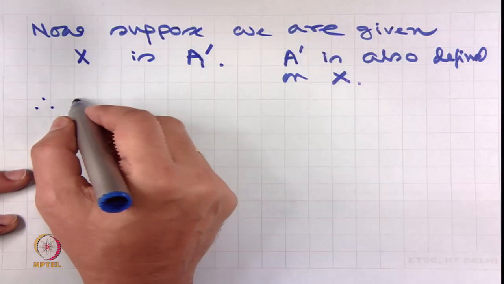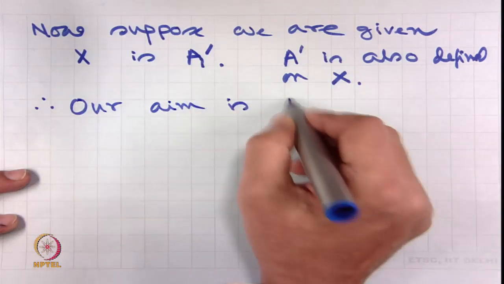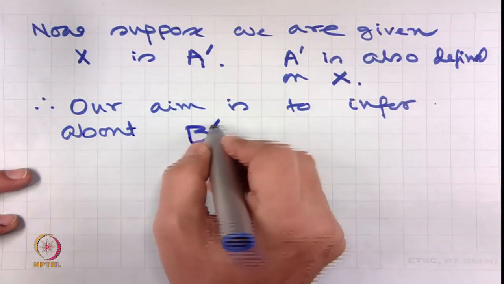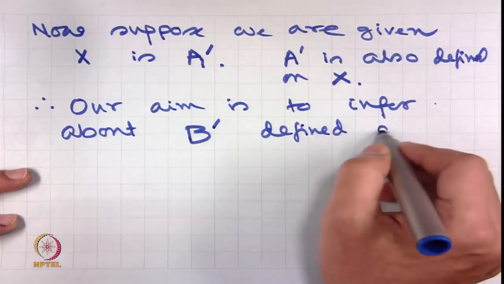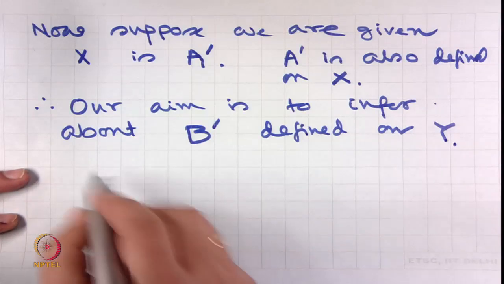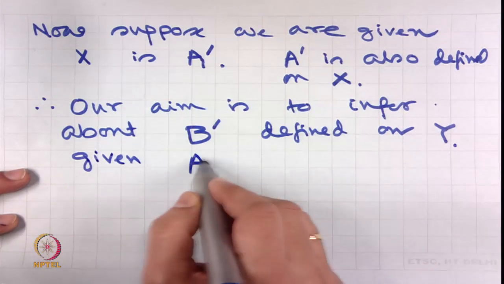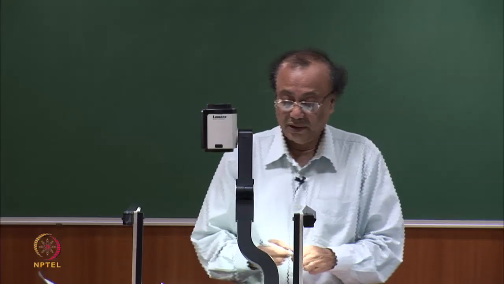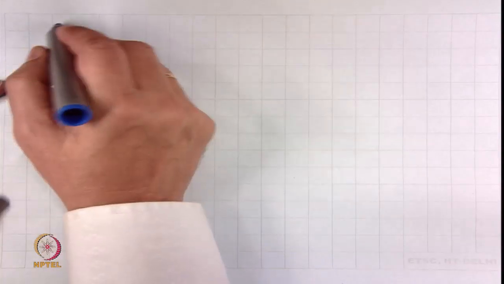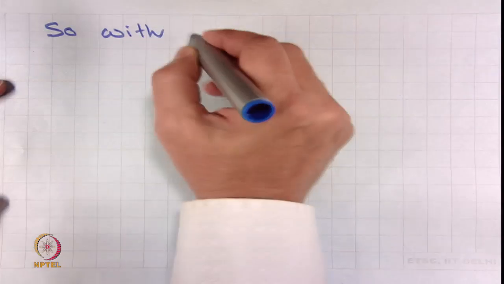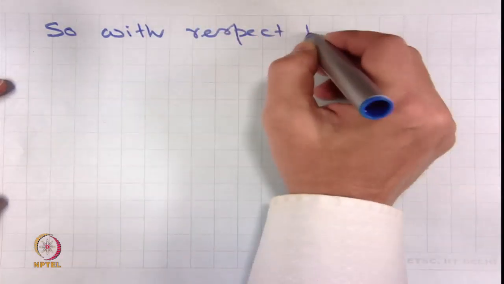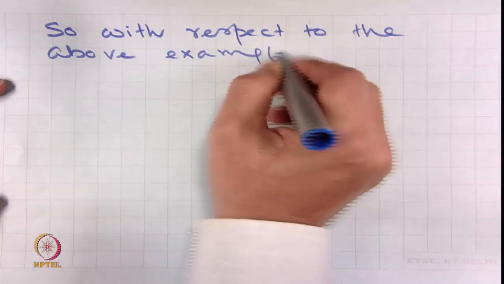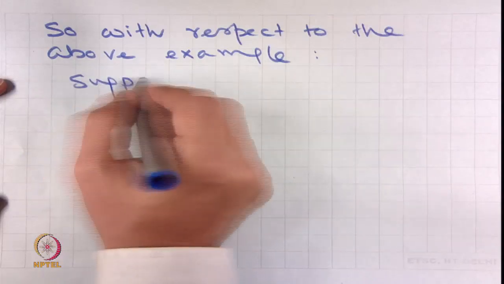Therefore, our aim is to infer about a fuzzy set B prime defined on same Y, given A prime and A implies B. So, with respect to the above example, suppose we are given